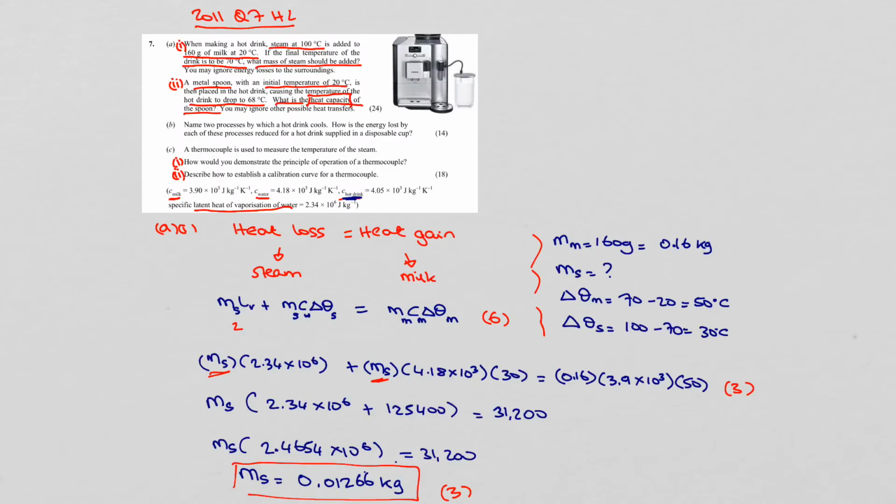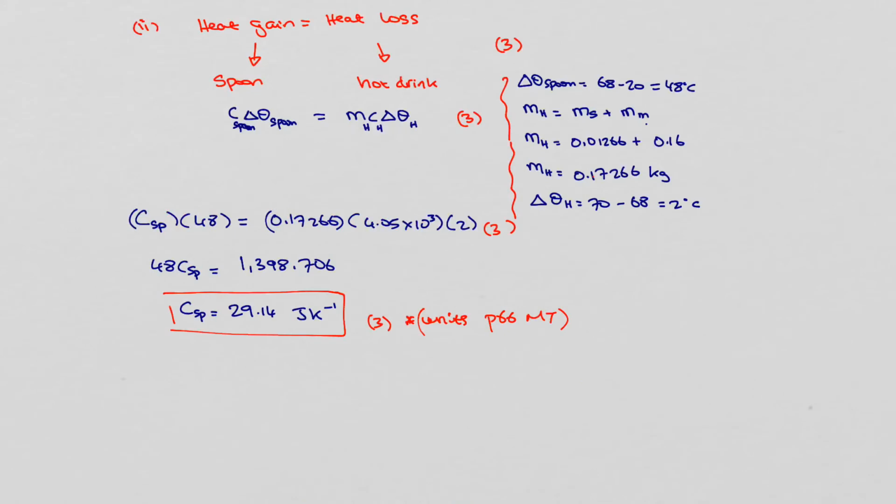Okay, so B. Let's go back. So B says, name 2 processes by which a hot drink cools, and how is the energy lost by each of these processes reduced when it's applied in a disposable cup. So if it's a disposable cup, how can we reduce these heat losses? Okay, so the 2 processes by which the hot drink cools,